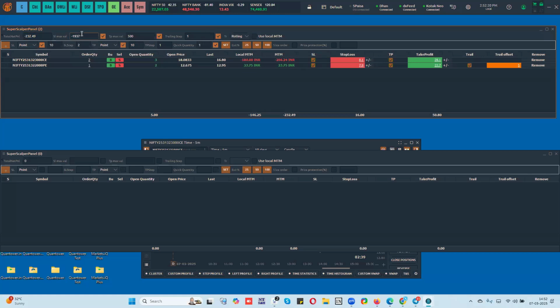And as and when the price starts favoring me, the stop loss will start rolling by 1 point. So if I make this 5 points and I untick and tick again, my stop loss will roll by every 5 point movement. It will start moving up by 5 points. So that is called rolling stop loss. Your regular stop loss will start rolling by whichever amount of profit that you're making. And it will be one way of placing the stop loss.